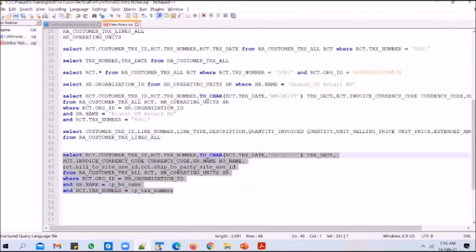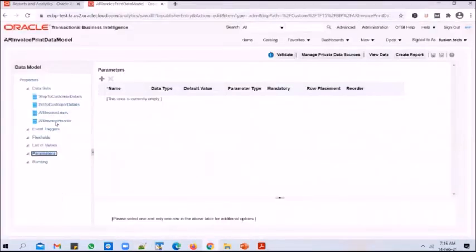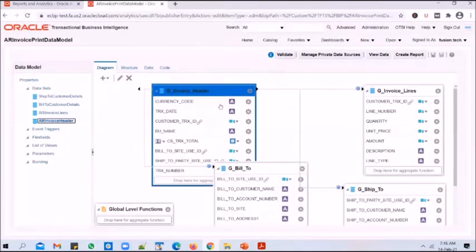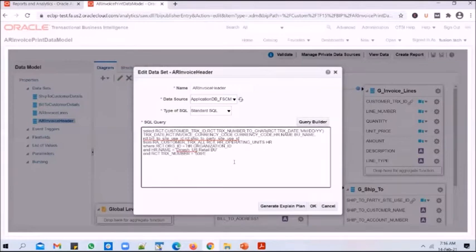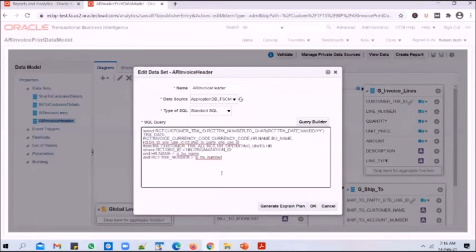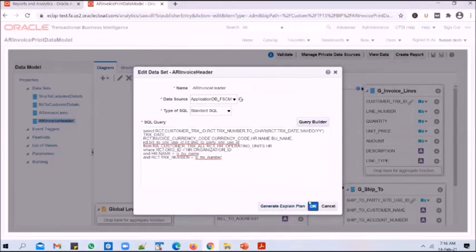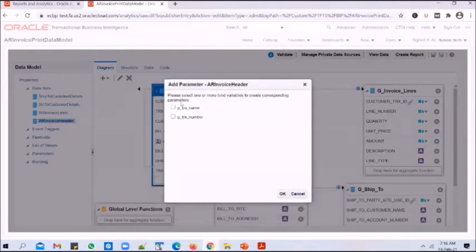So you copy this query and go back to the AR invoice header data model, click on the edit icon, and paste it back in here. So all we did is replace the hard codings with the parameters. Click OK. When you click OK, it asks you whether you want to create parameters for these 2 bind variables. Tick both of them and click on yes.